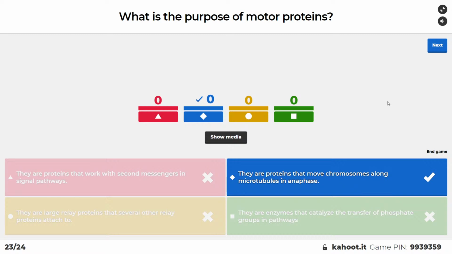So basically, when it pulls back the chromosomes, it degrades the microtubules. And when we're talking about motor proteins, I can't not talk about actin. So what actin is, it's basically a motor protein that moves the cell. And how it moves it is by, you know how cells are connected kind of by the